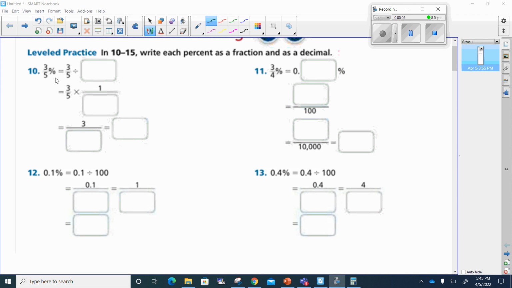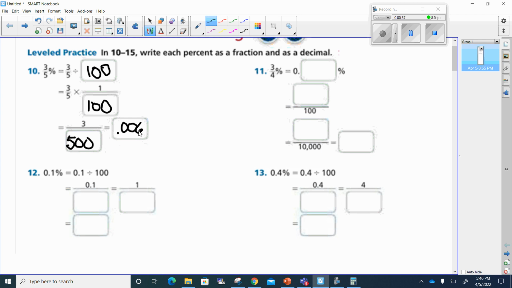When I look at 35%, it equals 35 divided by what? Well, it's dividing it by 100. And that is like multiplying it by 1 over 100. I know that 3 times 1 is 3 and 5 times 100 is 500. And I know 3 divided by 500, I believe it's